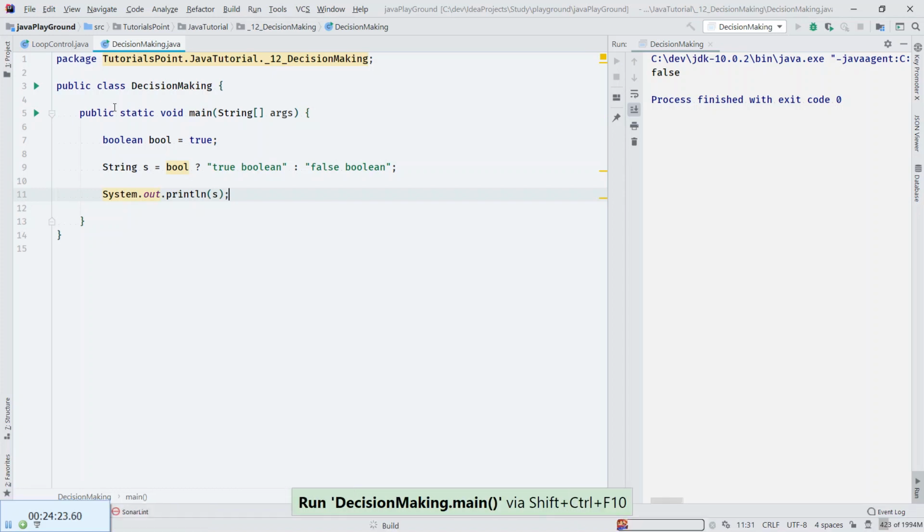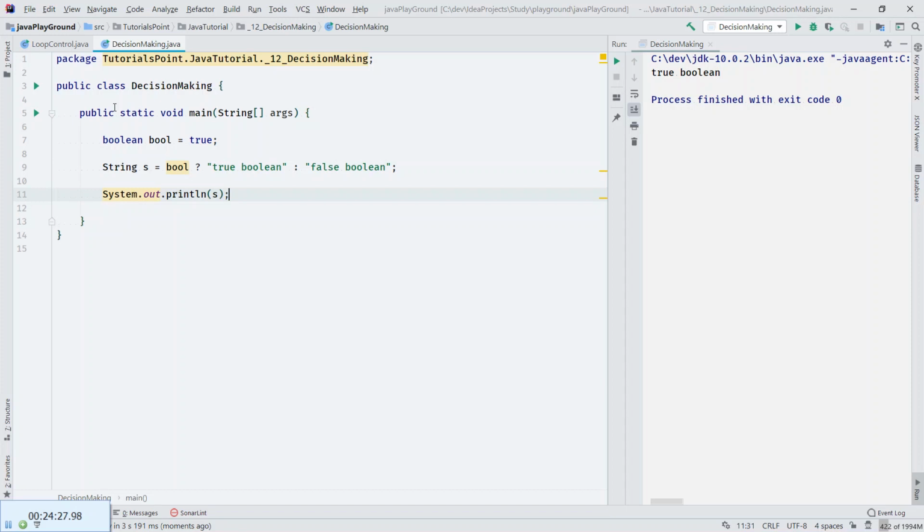Okay, so what is happening in here? This is like a shorthand for an if statement.